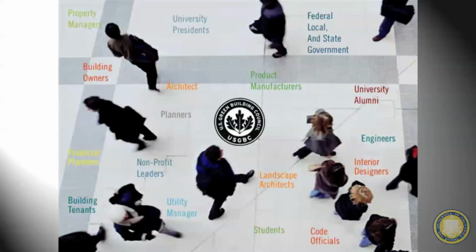Federal and local state governments. If there's a policy, like the UC system has a policy that everything has to be LEED silver for new construction. Yeah, so any newly built building has to be at least LEED silver, which we'll talk about in a minute. So there's just a lot of different players here. Students, you guys can advocate, be part of this process, sit in, do the waste stream audit like I did.